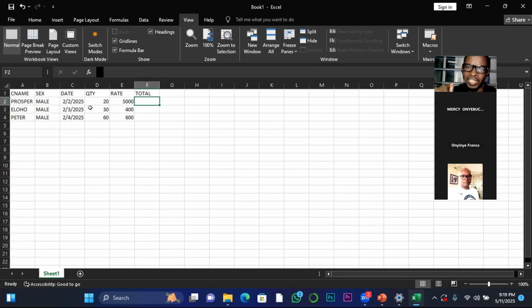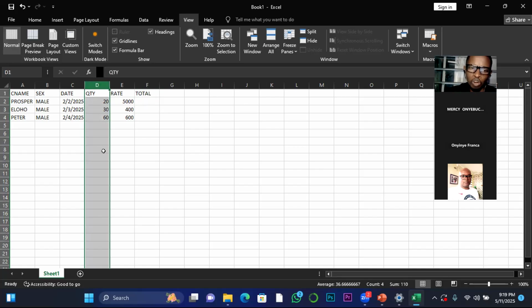Once you identify it, you click on the letter, the alphabet representing it. Once you click on it, Excel will automatically select the entire column. The reason why you have to select it like this is because we want the whole of this to move to the right-hand side and give us an additional space